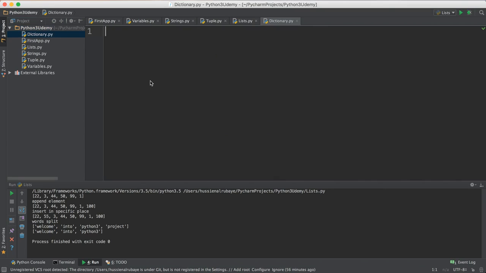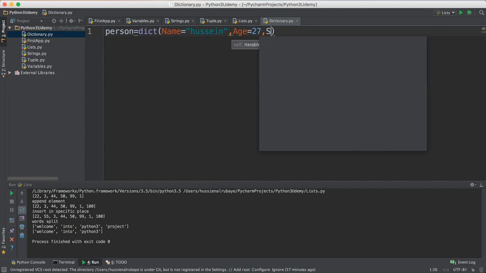So what do you mean by dictionary? Think about you have a number of information about a person: name, age, and the salary, for example. So how do you represent this information? Suppose I have person, and this person has a number of information: name, age, and salary. So you will say equal dict, I mean dictionary, then you will open the bracket, and you say he has name, and the name will be equal, for example, Hussein, and you say semicolon, the age equal